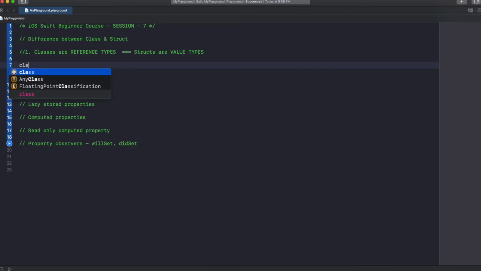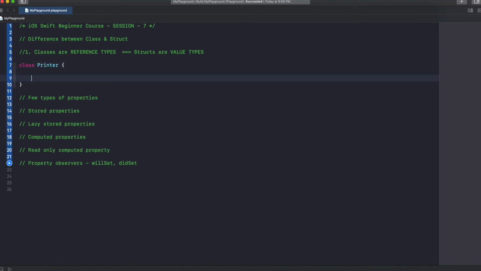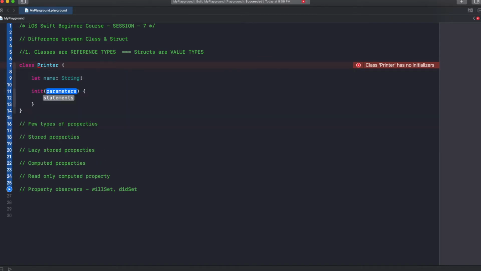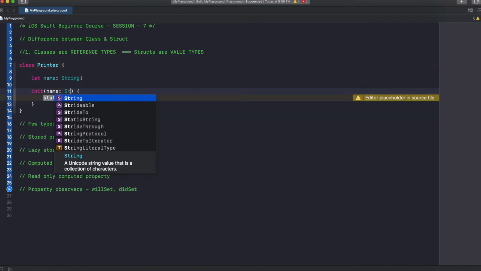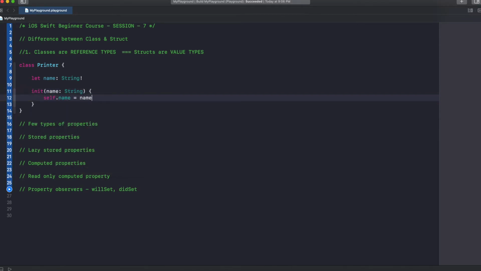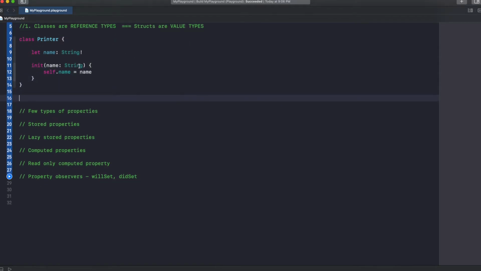Class Printer, let name equal name, a string, okay, and I'm writing a constructor for it, name string, and then self.name equal to the received name, right? So this is our class.